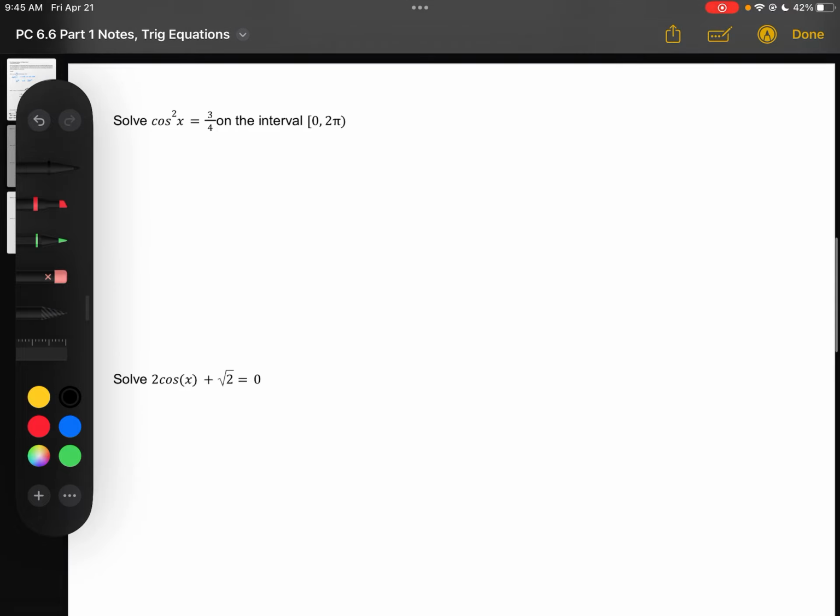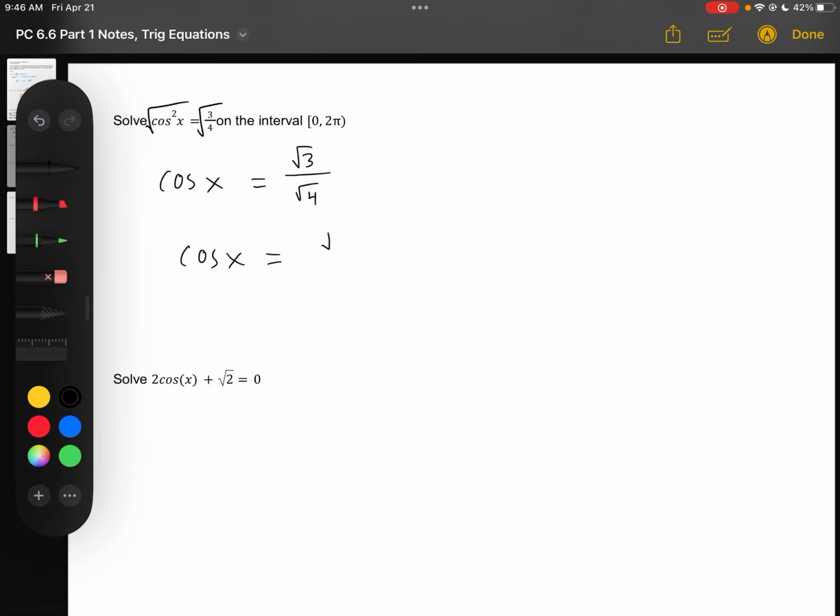So cosine squared equals 3 over 4 on the interval of 0 to 2 pi. So again, a nice one, just one rotation here. And we still have to do our solving. So we have cosine to the second power, so that means that we're going to be taking the root of both sides of this equation to get just cosine. And then that'll end up with root 3 over root 4. And we can simplify the square root of 4